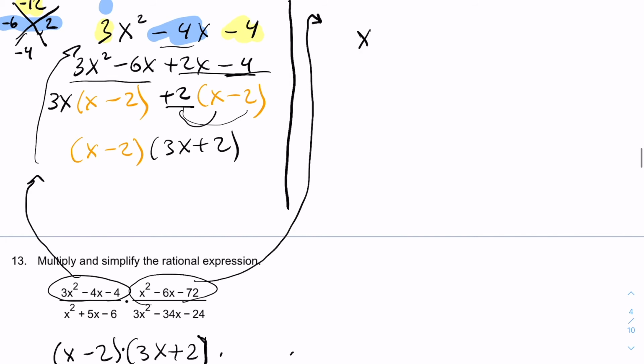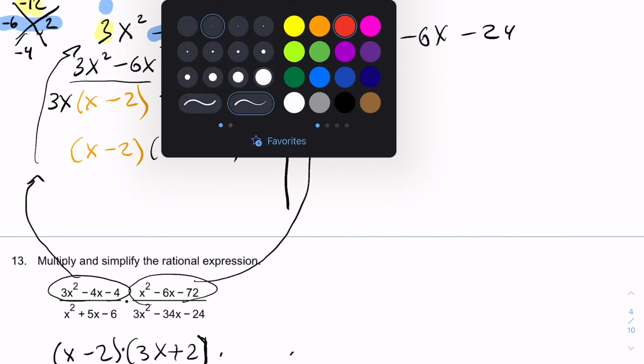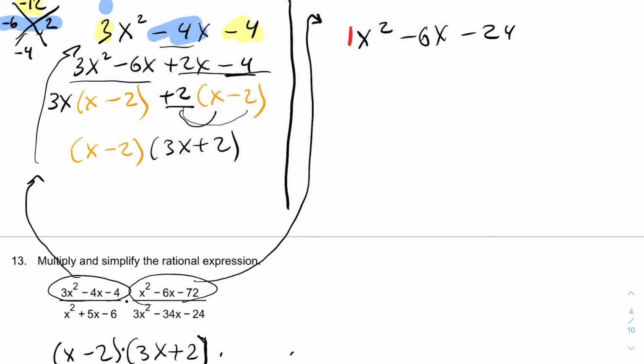So this one is x squared minus 6x minus 24. And once again, we're pretty happy to see that there is a leading coefficient of 1, which means we don't have to do all of this extra grouping business over here. All we have to do is find the right combination of what multiplies to negative 24 and adds to negative 6. Okay. So I'm going to let you think about that for a second. What multiplies to negative 24 and adds to